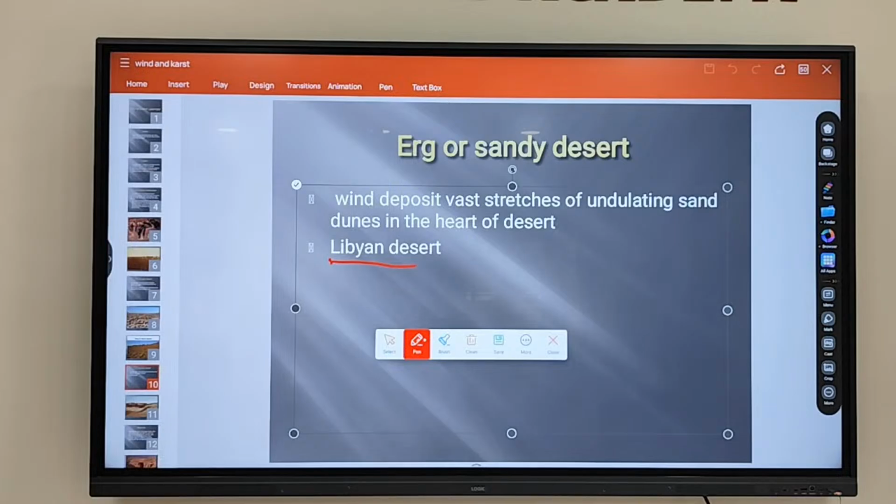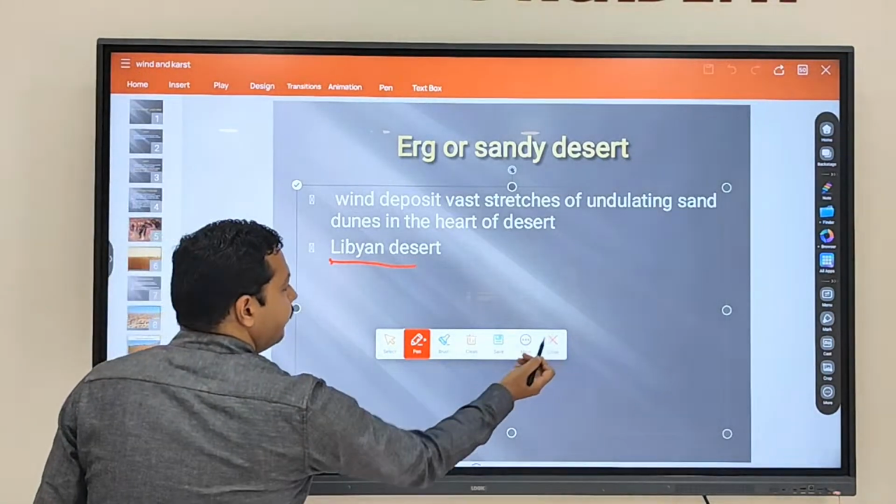So wind is moving, wind is taking sand and depositing the sand in this location, and that's why a lot of sand is found in this desert. That's why it is referred to as a sandy desert. Fine. And if you see the figure,